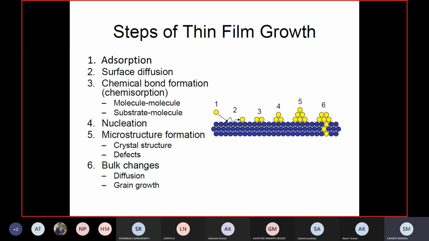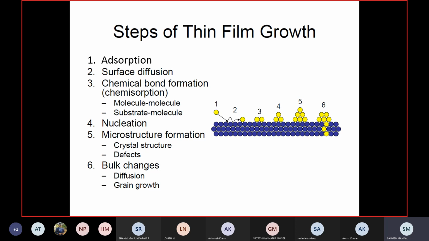But in thin film, we actually need grazing incident angle XRD, called GI-XRD. It is a special XRD in which the incident beam falls on the surface at a 2 to 3 degree angle, so that you get information from the surface only. It will not penetrate too much, and you will not get information from the bulk. So these things are very important.